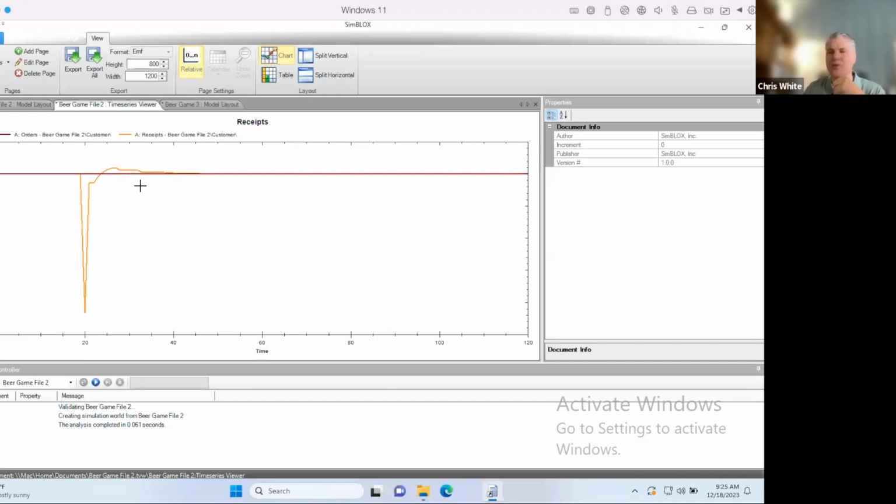And so now they come. Even in our receipts, we get less for a while and then we get more for a while. So we even see the beginnings of that bullwhip effect. Those oscillations begin to happen. I'll make a comment about oscillations: that is your real indicator of what's happening in the system. We are adjusting over time.